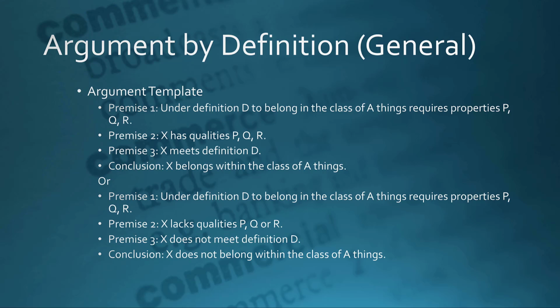So if you have a definition of person, it would tend to be fairly complicated. You'd probably have quite a few properties, especially if you're using Locke's definition, there'd be quite a bit going on there. The second premise would be that X, which would be a particular thing, has those qualities, whatever they might be. So if you're arguing about personhood, you'd have the properties that would be required to be a person, and then you show the entity you're talking about, say a whale or fetus or an AI system or a robot, whatever you're arguing about, has those qualities,